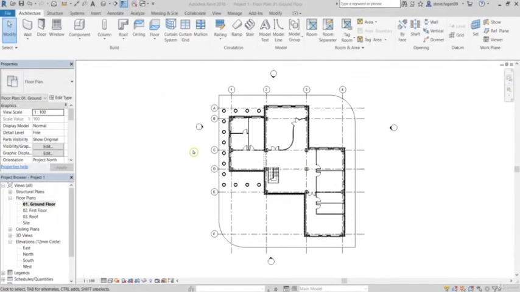The next stage of the project, we're going to be looking at curtain walls. A curtain wall is an exterior wall that is attached to the building structure, which does not carry the floor or roof loads of the building. So to get started with the curtain wall,